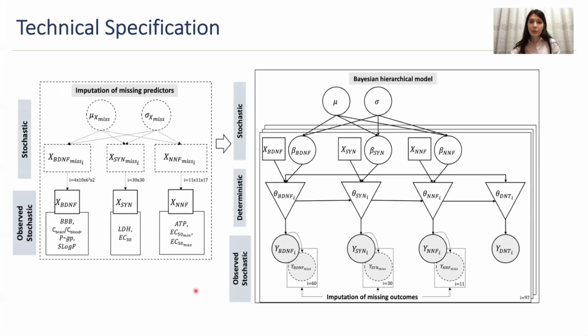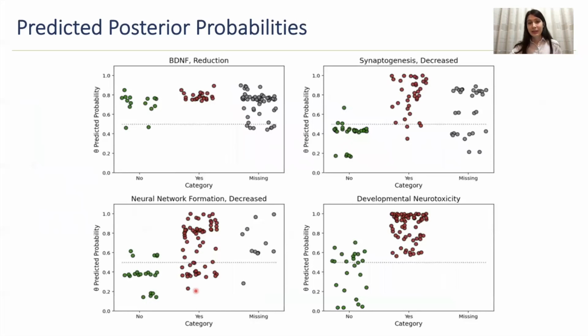And the missingness we've computed as well in a Bayesian way. So the missing values that were present in predictors were computed from the prior distribution, and the missing data for the outcomes were computed from the posterior distribution. Here we see the results of the distributions of the predicted